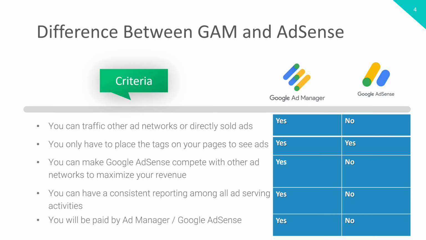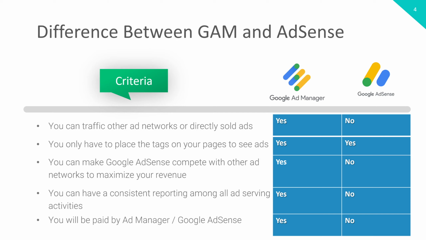Next point is the reporting. The reporting is very detailed in Google Ad Manager. It gives you how much code is served on your site, how much of your inventory is utilized, how much is not utilized, what you need to do to increase it, which ads are showing fine, which ad unit is actually performing very well. Those options and detailed reporting are available with Google Ad Manager. With AdSense they have just recently updated the reporting part, and they try to make it detailed, but there are still differences between AdSense and Ad Manager.